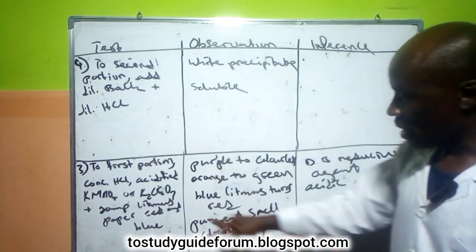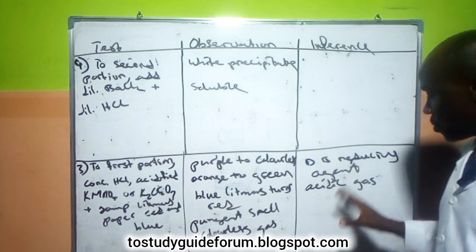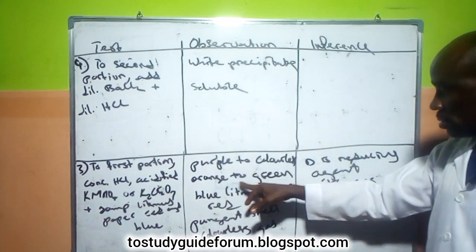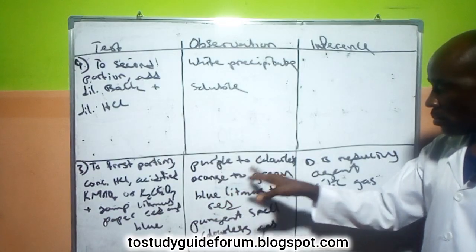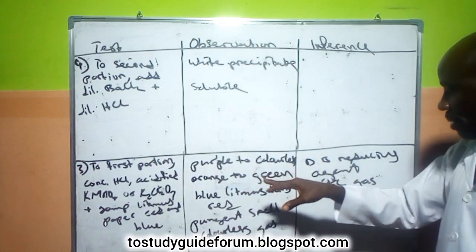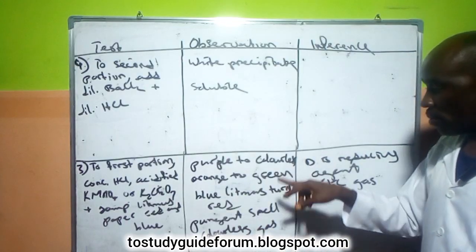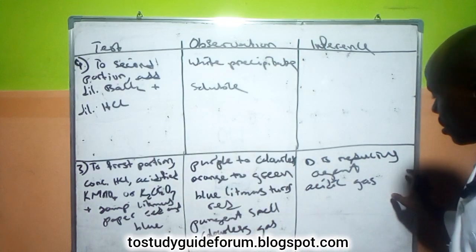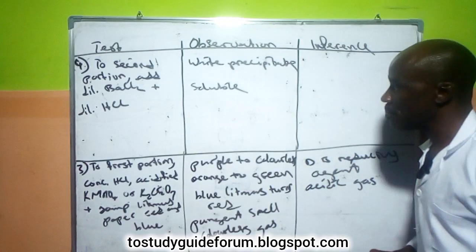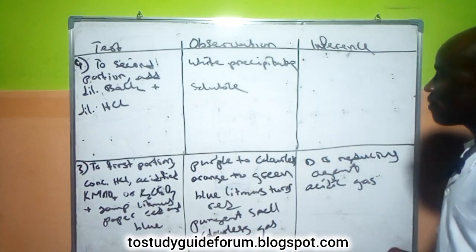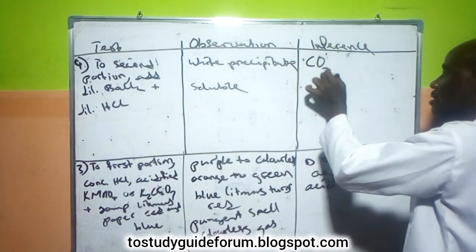Since we have a gas that is colorless and turns potassium permanganate colorless, and potassium dichromate from orange to green, it is a reducing agent. Now, coming over to this place, having a white precipitate with barium chloride simply means that we're likely to expect